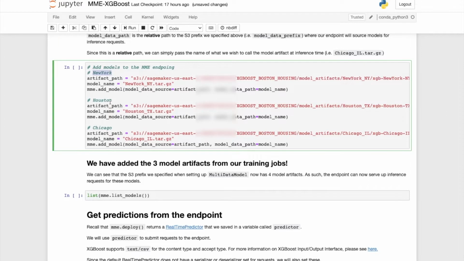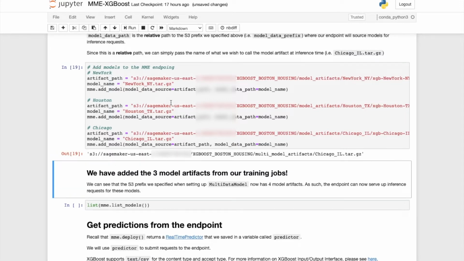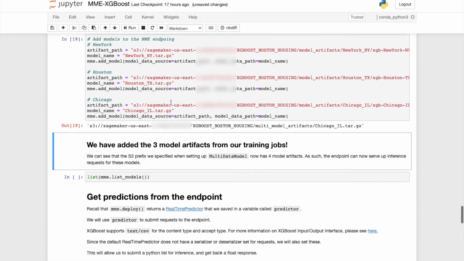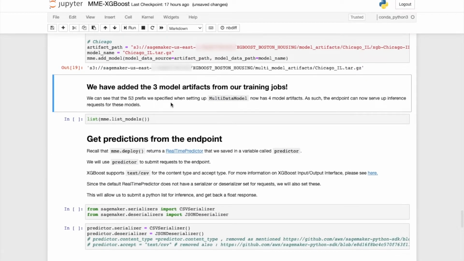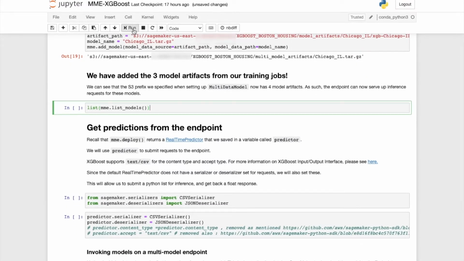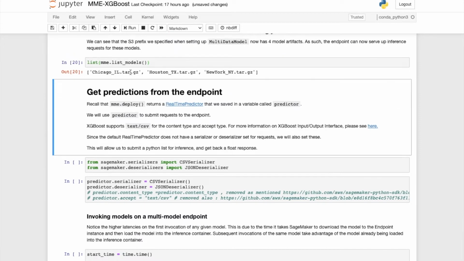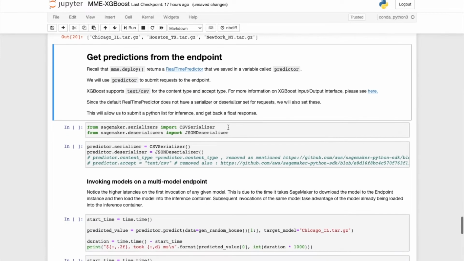So I'm going to go ahead and add the New York, Houston, and Chicago, these 3 models, into the multi-model endpoint that I just created. Okay, so now that they've been added, if I now list the models again, I can see that these 3 models are now being served by the multi-model endpoint.